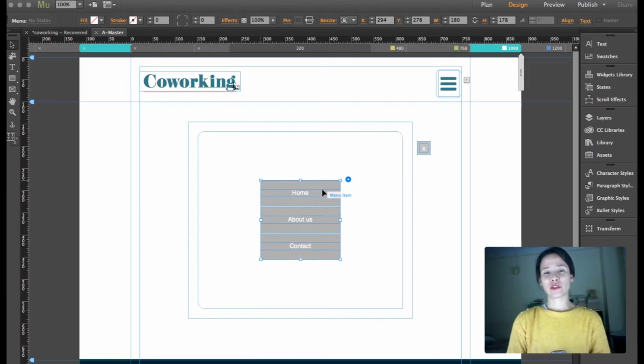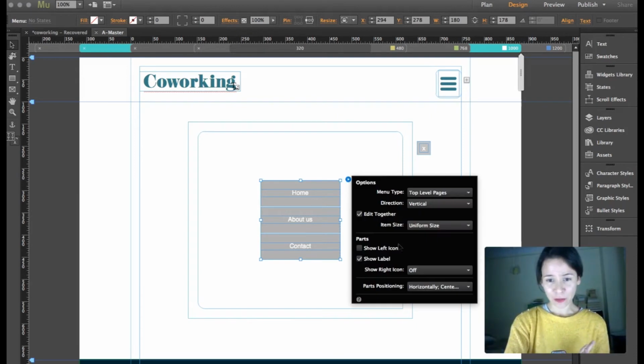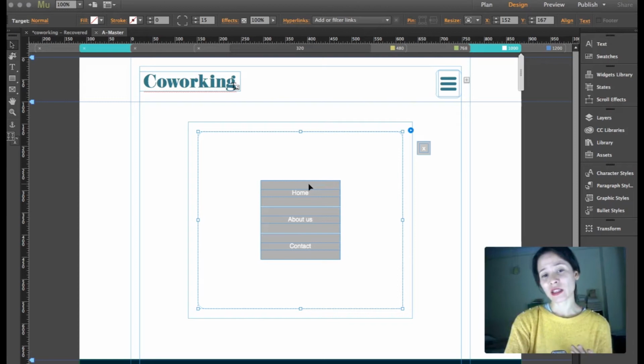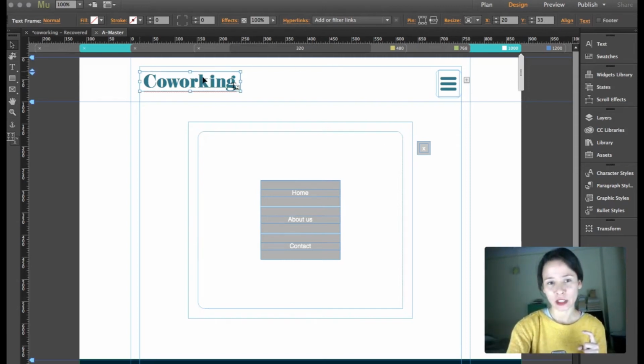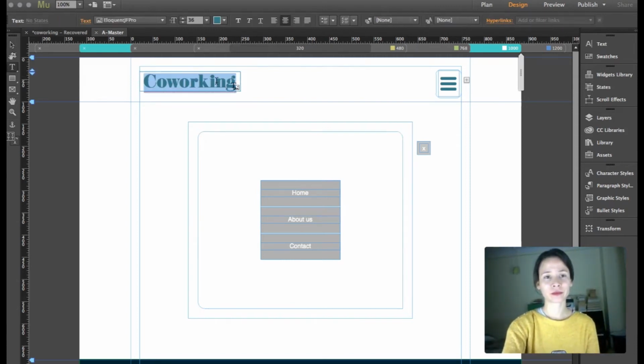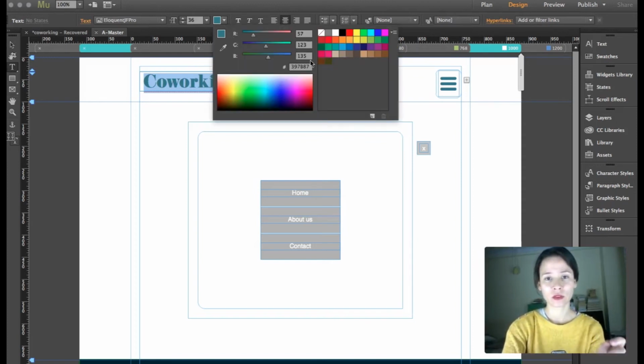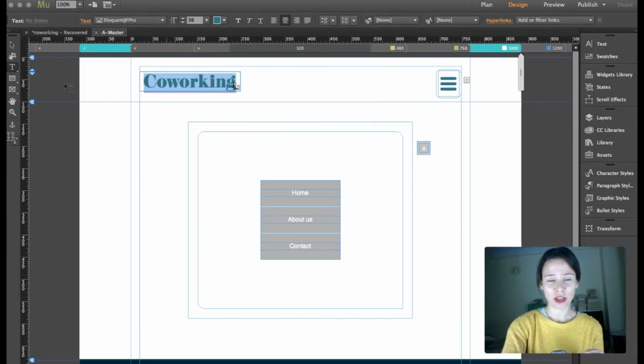Alright, so what you have to do now is the same thing we did with the horizontal menu. We have to edit it. Okay, so make sure we have the edit together. And what I'm going to do here is I want a lightbox with the same color as this, which I'm going to copy right now. And to get that lightbox effect, what I'm going to do